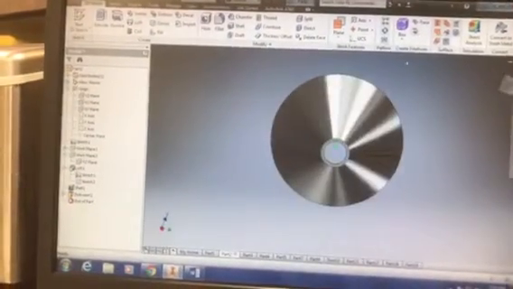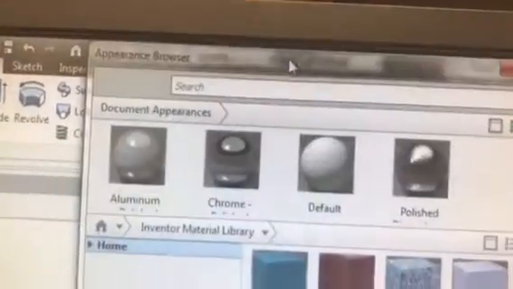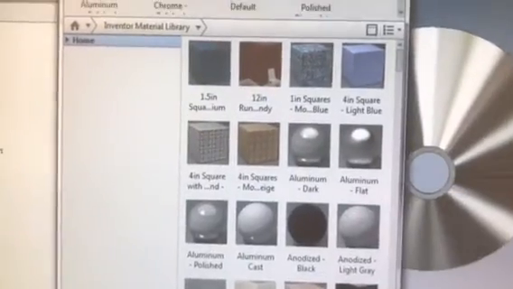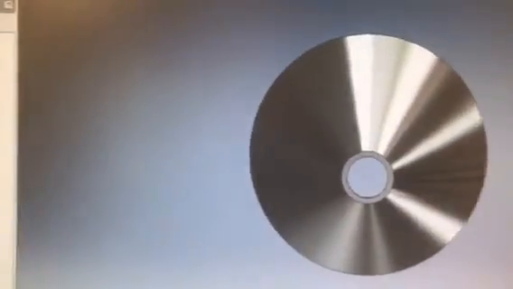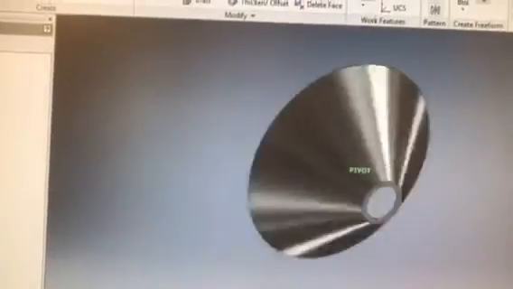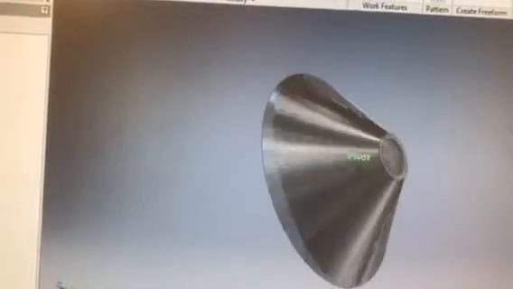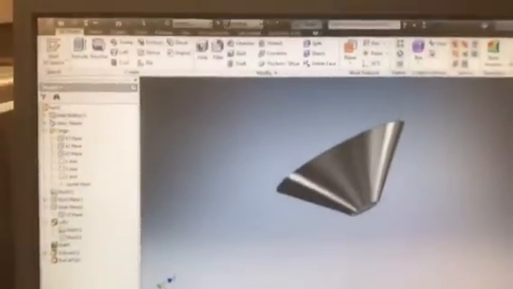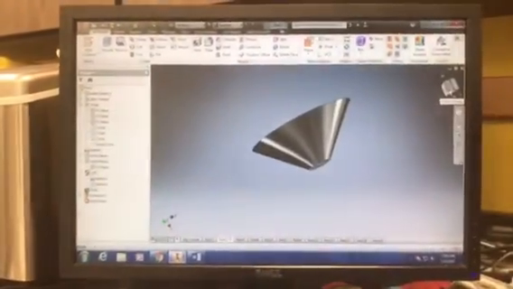8th grade projects where they make a marble skate park. In this funnel, you can make different appearances using the appearance browser above, and you have all kinds of different options, and that's why this funnel looks a little bit like a metal funnel. Anytime you can make your projects look more appealing and like the real thing, it's always a benefit. So anyways, we're sitting here in an IPT file and we want to export our file so that